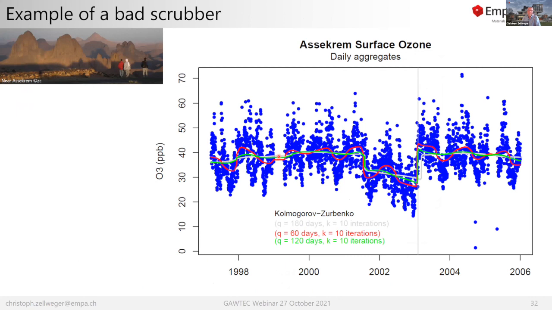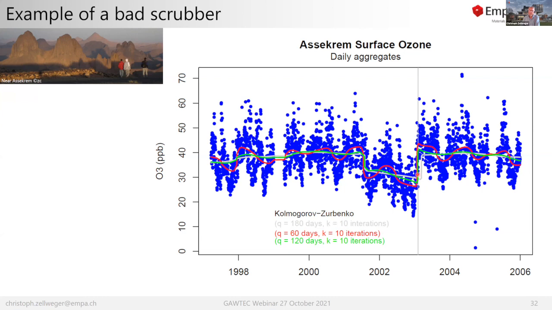And this is an example that shows such a bad scrubber. It's also already quite old now, but in 2003 we did an audit at the Assekrem site, a core station in Algeria, and then we realized at that time something is wrong with the instrument, and we were able to identify that it was a scrubber. Then we looked at the data, and with a statistical filter, we were able to identify the period when the problem started. So it's very difficult because you have a large natural variation of the ozone here, and then here the problem starts and it degrades, and you have lower values, and from the data alone it would be very hard to see. So it is really important to be aware of these potential problems